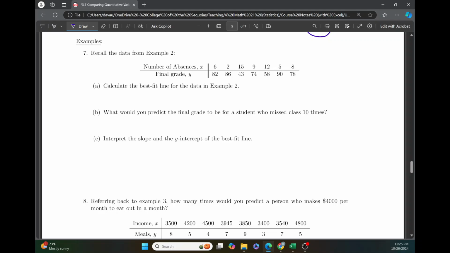The same set of examples that we've been using so far. It says, recall the data from example 2. We have number of absences, final grade. Calculate the line of best fit for the data in example 2. So let me take you back over